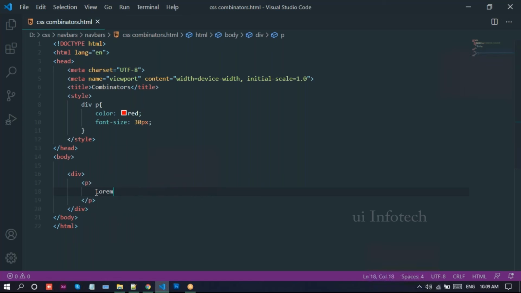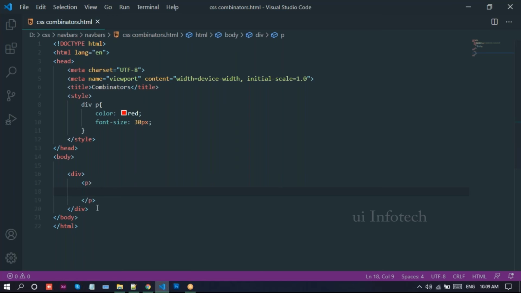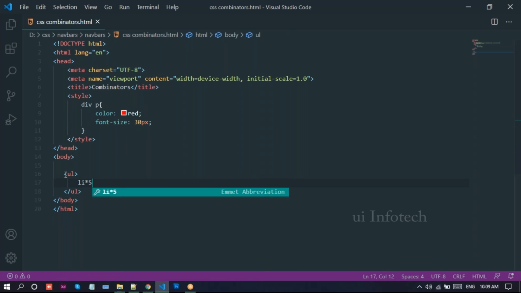This is a space selector, the descendant selector. I'll remove this here. Now I'll take the anchor tag. I'll do one thing: I'll take the ul tag and the list items, I need list 5 there.